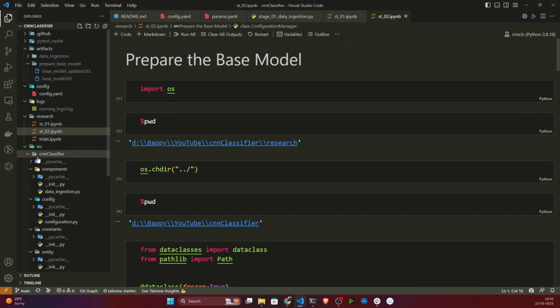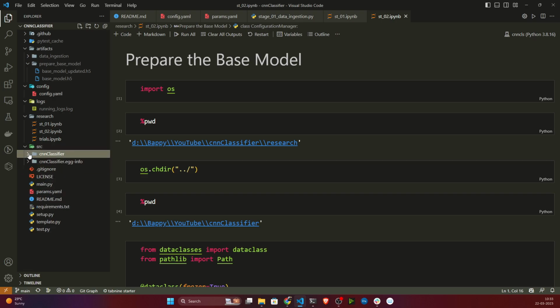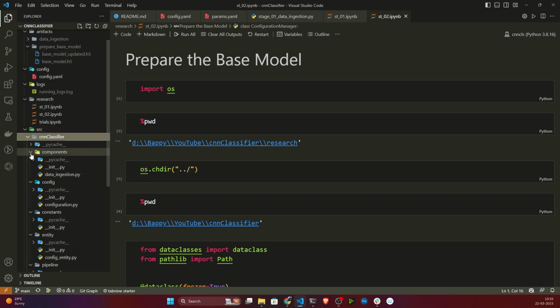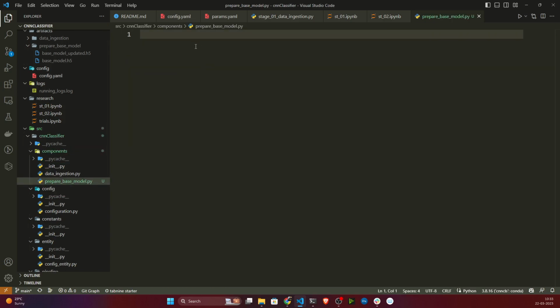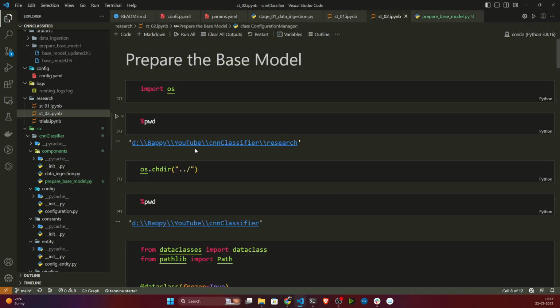First of all, as you remember, I need to create one component inside this src. So I'll come inside src, where I have cnn classifier, and here I have component. Inside component, I'll create another file. I'll name this file prepare_base_model.py. Now I will copy-paste the same code that I created in my